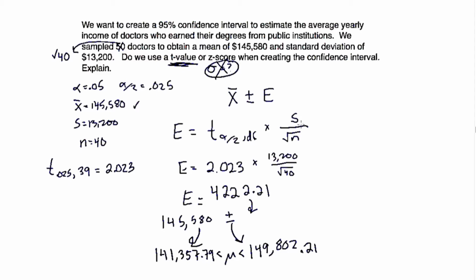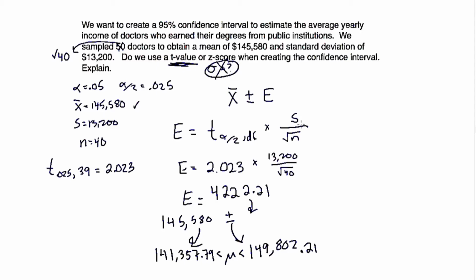We can just plug into calculate the margin of error to 0.023. That is the t value. We need the sample standard deviation, which is 13,200, and the square root of n. We're not using degrees of freedom. The 40 degrees of freedom was only used in the t value. When you multiply that out, 0.023 times